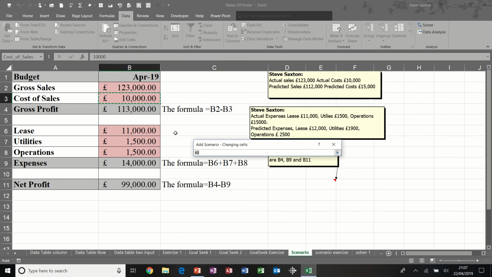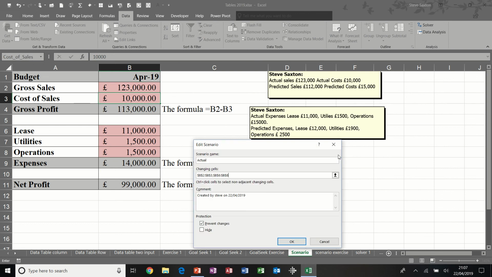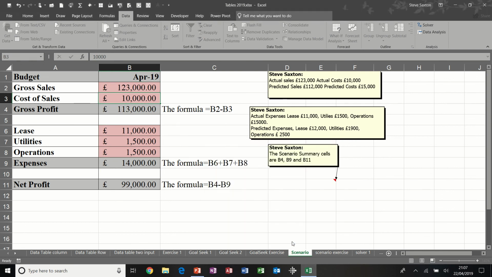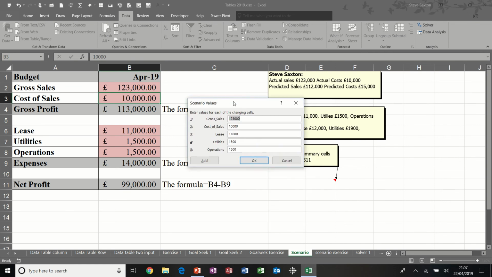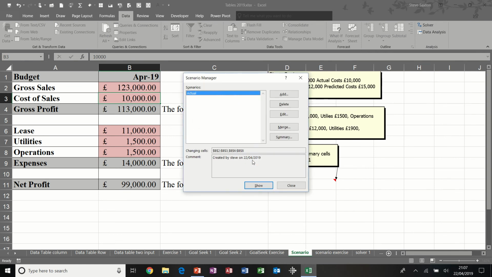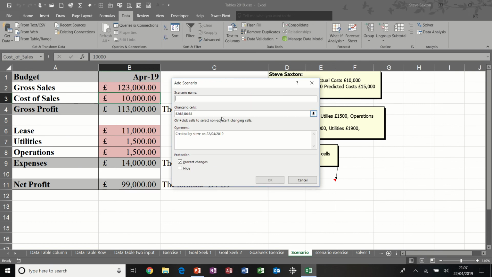Now the changing cells are these pink cells. So I'm holding my control key down while I highlight those pink cells. Those are going to be the changing cells. Click OK to that. Now there's the names, there's the original figures. Everything on this screen is OK, so I can just click OK to that. That's my first one done. Now I'll do the second one when I'm doing predicted